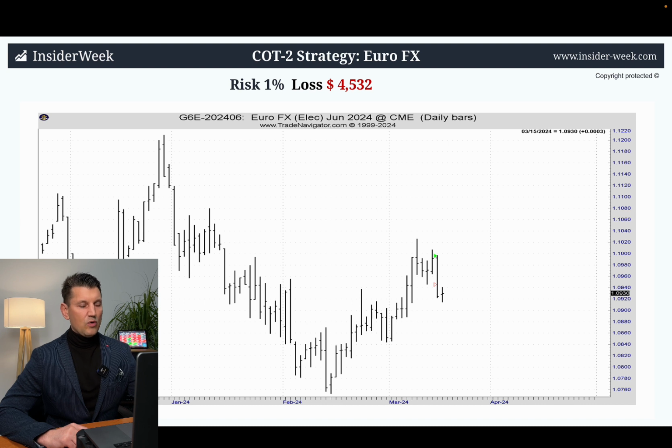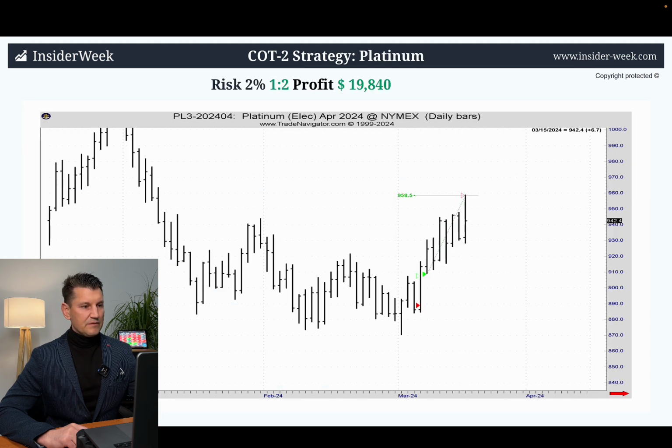Here we go. I also made a trade in Euro FX. I risked 1% of my trading account and made a loss of $4,532 with this trade. Next trade, platinum. This was an open position from the week before last. As you can see, the price hit the price target and I made a profit of